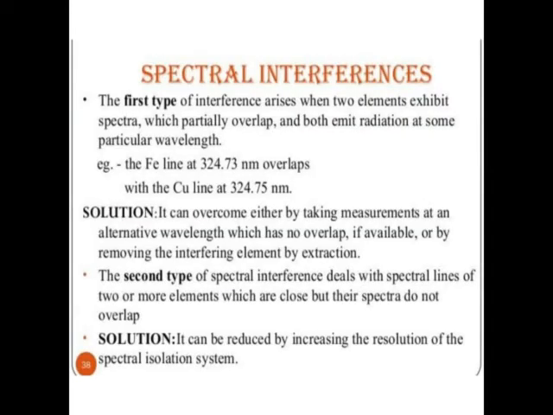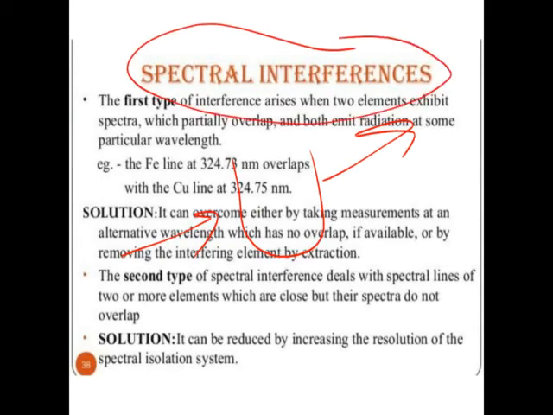Then the last type of interference is spectral interference. So what is the principle? Radiations of specific wavelength are passed through this vaporized atom, which is the targeted atom. Only some of it will absorb, some will be transmitted, and the transmitted will be detected and recorded. So what happens if two elements have nearly the same specific wavelength? At that time this spectral interference will occur.